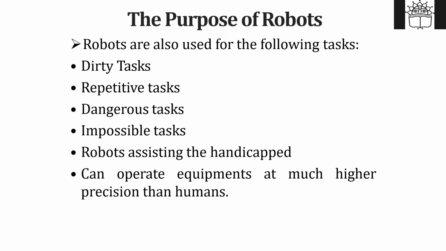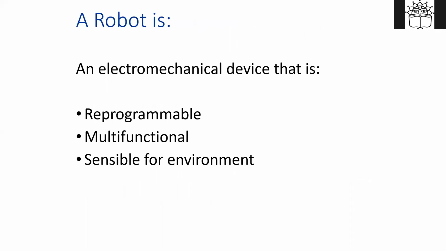What is the reason? The reason is very simple. It is a machine, so it will not make mistakes. If you tell it to drill a hole at a specific location, it can have an accuracy of microns. What is micrometer? It is 10 raised to minus 6. So it can have that much high accuracy. It can have that much high precision.